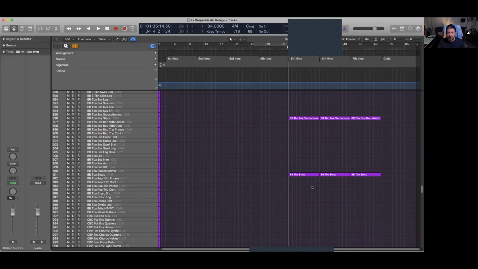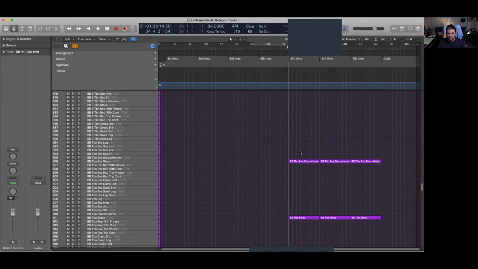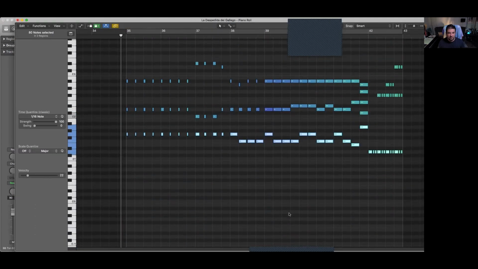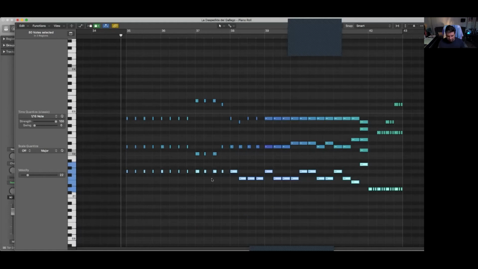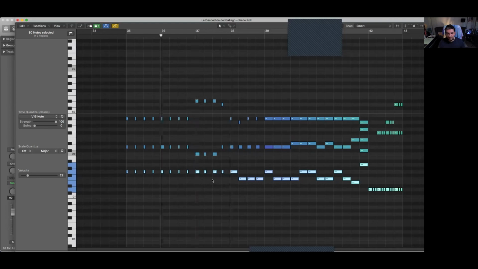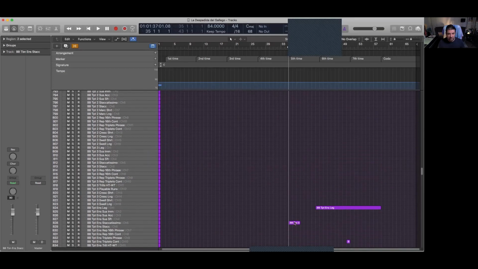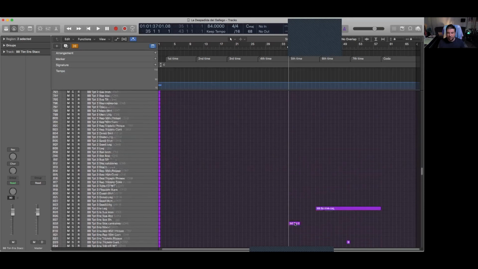And now we're going to continue adding a little more here. Going to have the percussive chords here, kind of the same chords that we had earlier in the piano part, but now played in the brass to give it a little bit more power. And add a little bit of staccato here in the trumpets.